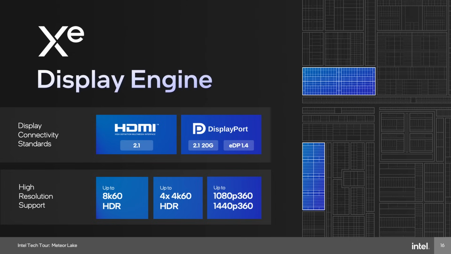And it's going to do that using standardized interfaces. Usually it's either some variant of HDMI or DisplayPort. On Meteor Lake, we support HDMI 2.1, which is really cool because that allows us to support variable refresh rate natively. If people know me, they know I'm pretty excited about variable refresh rate technology, and that's now native on our integrated graphics. We also support DP 1.4, which is actually going to allow really high performance, high bandwidth, great looking monitors. I think we actually support up to 8K 60. So if you're doing 8K displays, we can actually display onto that at 60 hertz.